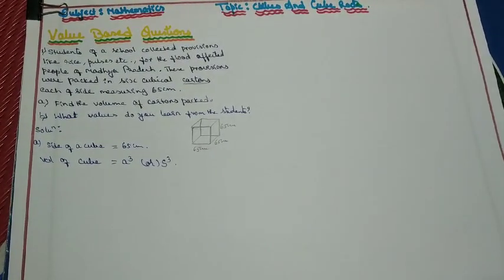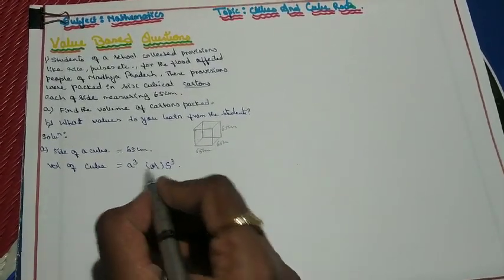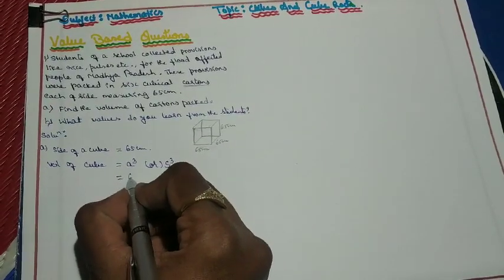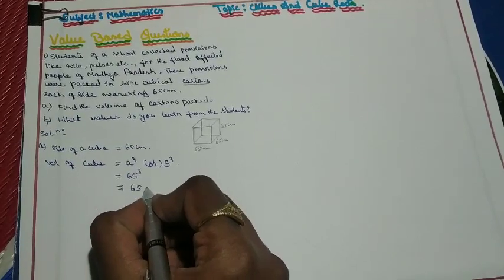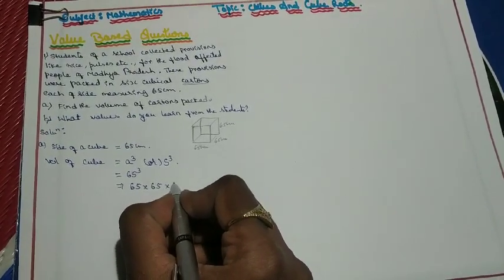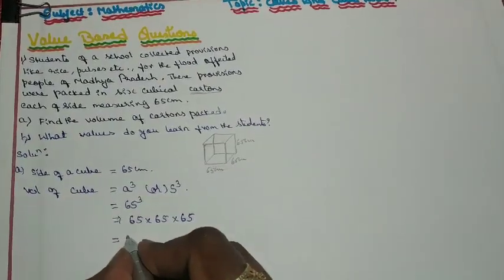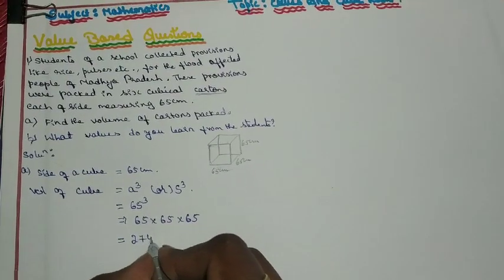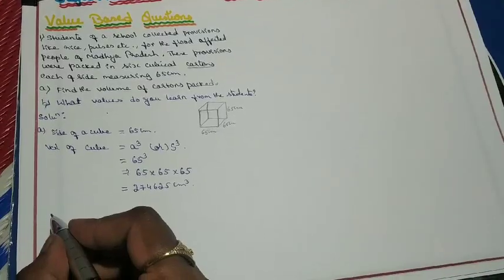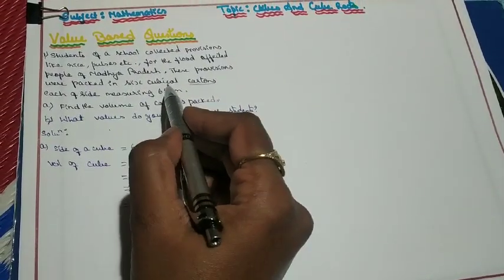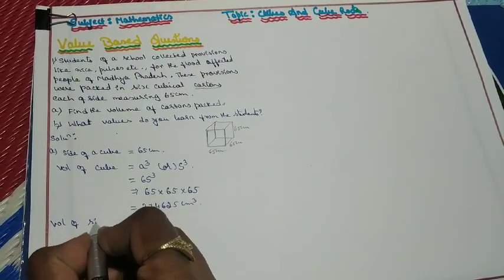Regarding the volume concept you will learn in the chapter mensuration, children. So now you remember volume of cube is nothing but side cube. So that side measure is 65 cube. So this 65 cube can be written as 65 into 65 into 65. Multiply all this and write the product. The answer is 274625 centimeter cube. Since we have 6 cubical cartons, therefore volume of 6 such